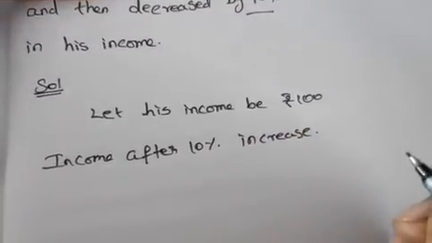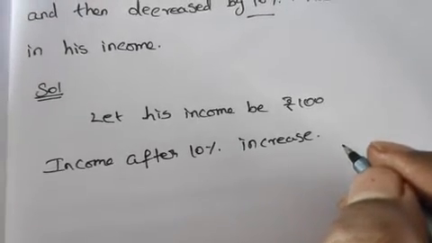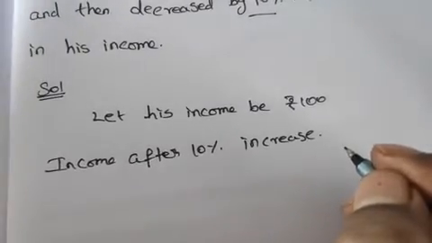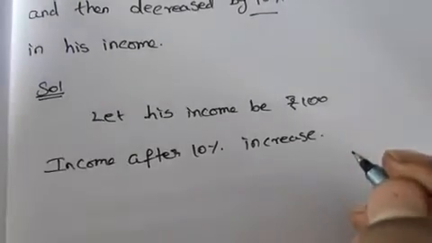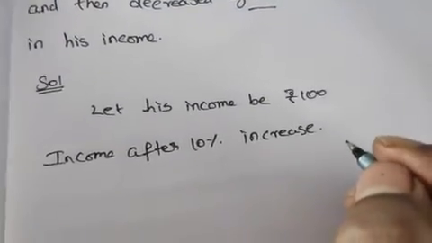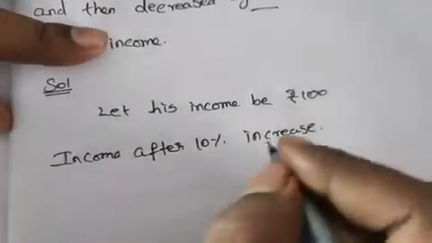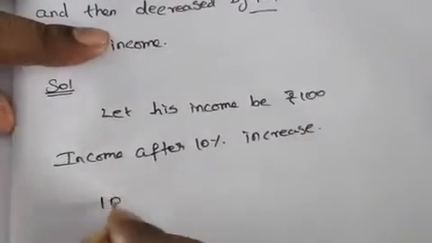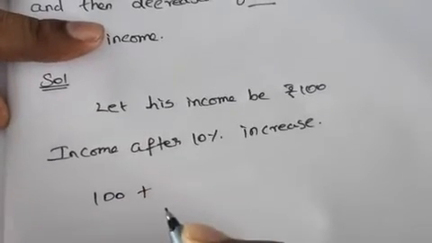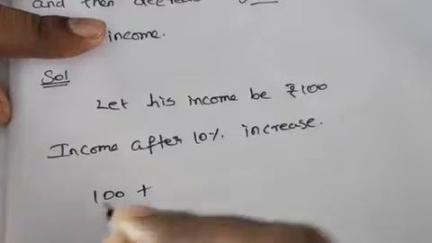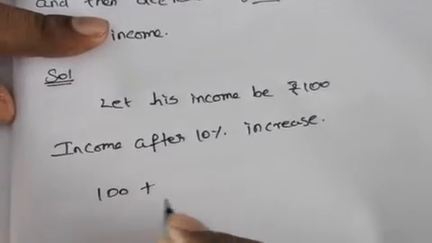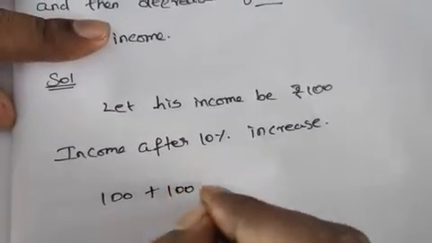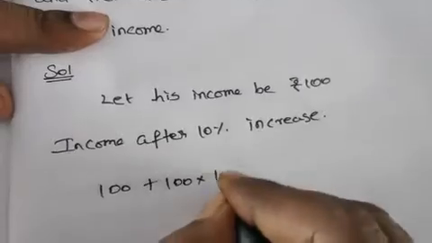In 6th class you will learn algebraic verbal statements, how to convert a verbal statement into equation form. So likewise, income after 10% increase means income will be 100 rupees. Increase means plus, addition. An additional 10% increase is going to come, on this initial amount. 100 plus 10% of 100. Therefore 100 into 10 by 100.